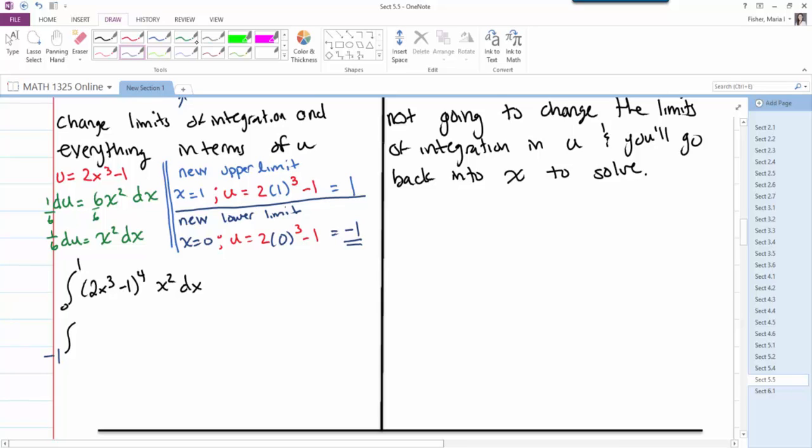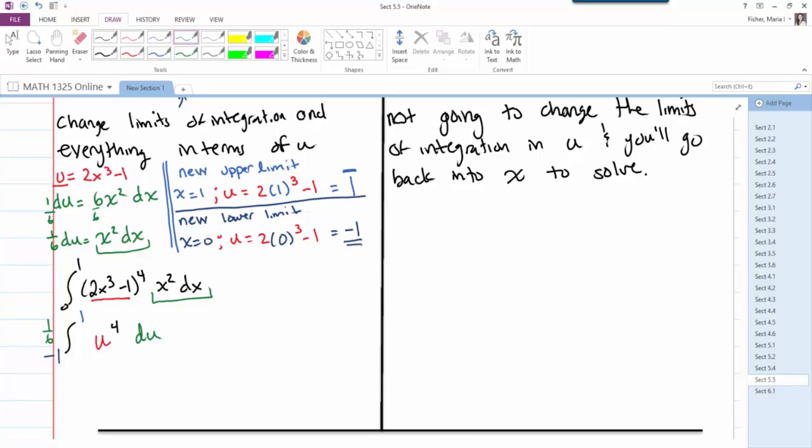We know that our new upper limit of integration is equal to positive 1. 2x cubed minus 1 is equal to u, and that gets raised to the 4th power. And my x squared dx is equal to 1/6 du. Well, now I'm going to finish this whole problem out without ever putting my x's back in, because I've changed